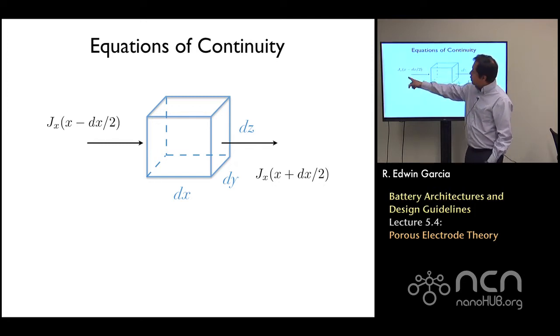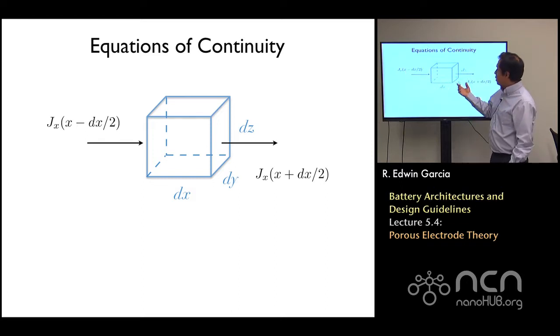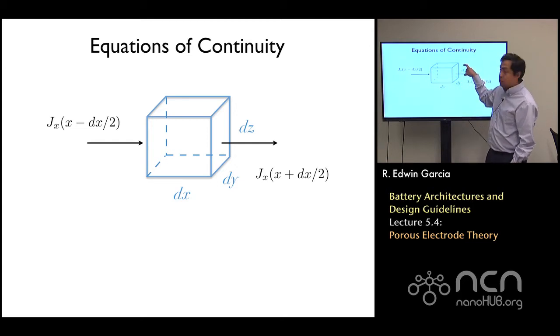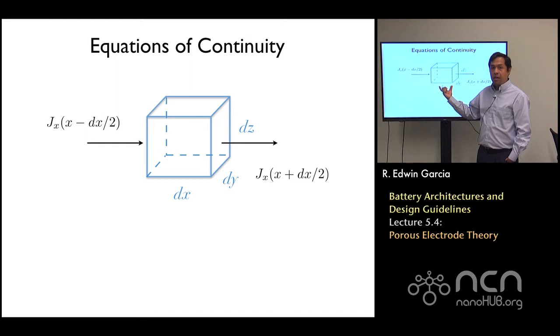On one side, you have a certain amount of flux that enters at a distance dx over 2 away, and at the same time, a fraction of it exits the other side of the box. So if you go over the math, the mass that accumulates in this bit depends on the size of this element, and if you take it to the differential limit, you will find